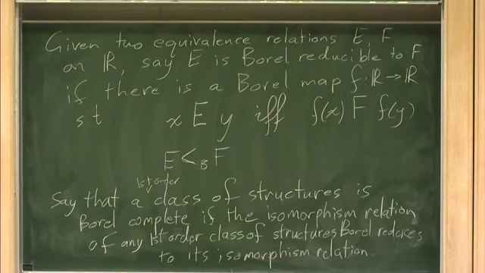Okay, so there are a range of classes of structures that are Borel complete. In the very first paper about this kind of stuff, where the term Borel complete is introduced by Friedman and Stanley, they say that it's essentially folklore that graphs are Borel complete. And also, it doesn't matter what you mean by graphs. It can be symmetric graphs, it can be directed graphs. What we're going to use is irreflexive directed graphs. They're all Borel complete. Other examples include linear orders or trees. On the other hand, finitely branching trees is not Borel complete. So, yeah. So then our theorem,